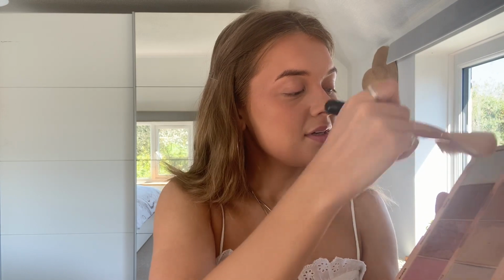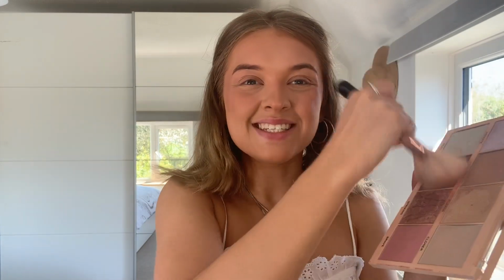And I'm just going to go over all of those highlighters like I always do, but then sort of go back into that Blaze colour that we used before and just take that right across those high points of our cheeks just to give us that all over sweaty glow, my dudes. After you've done your highlighting, you can always go back in with your bronzer just to really quickly blend all those together. You've got your lovely sun-kissed base, nice for frolicking around